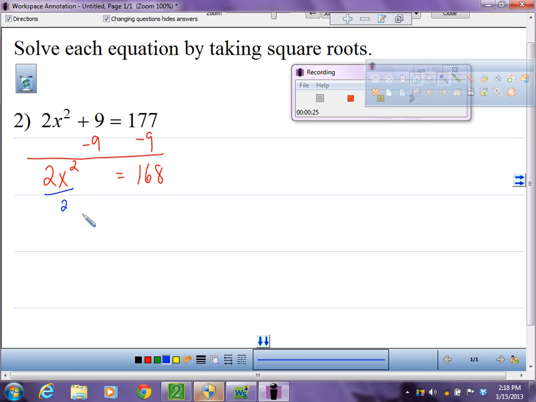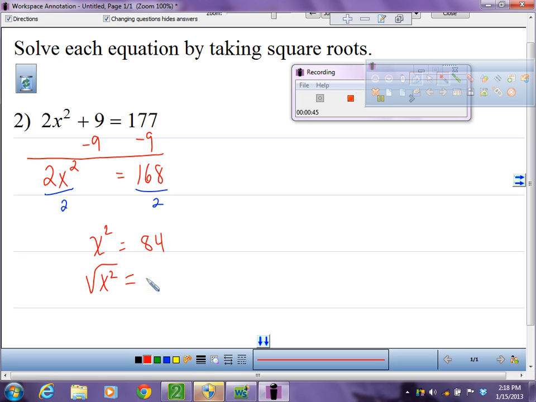The opposite of multiplying is dividing. And that would give you the 84. So here you did the inverse of multiplying, which is dividing. I isolated the x squared, but now you have to isolate the x further